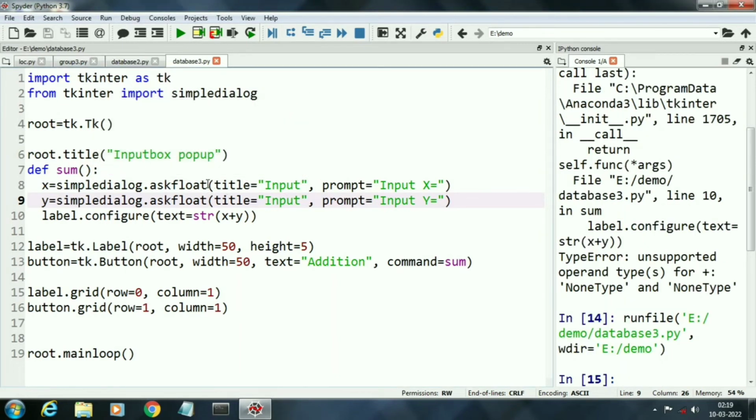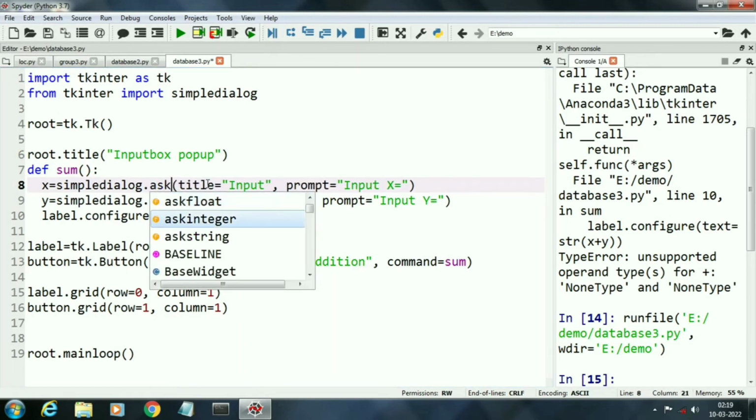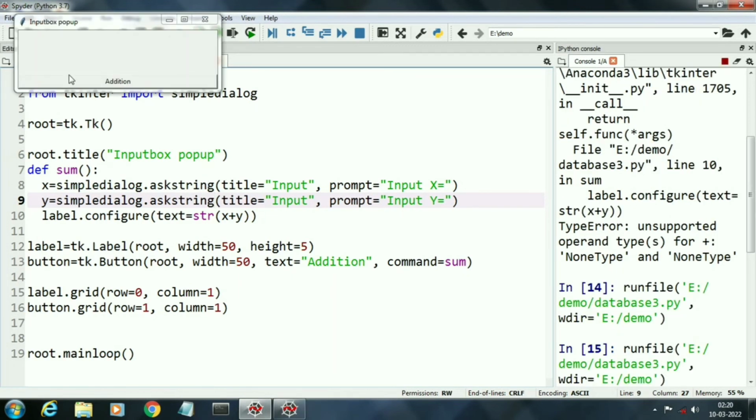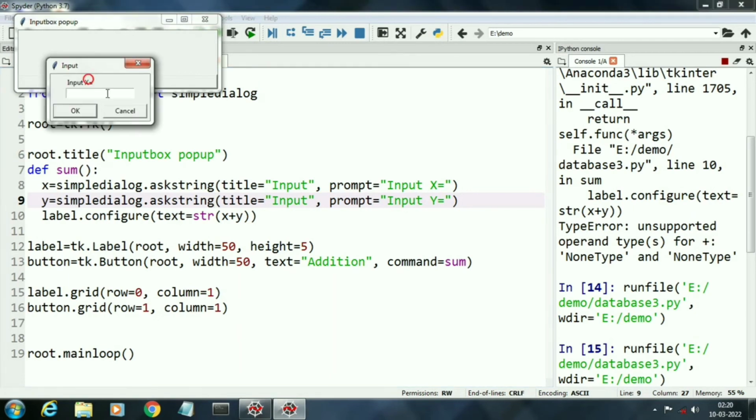Now our third pop-up window is askString. Here we can insert any value like float, string or integer, but it treats all the values as string only. Now we will click on the button and input first value. Here I am inputting 5 and second value is 6.